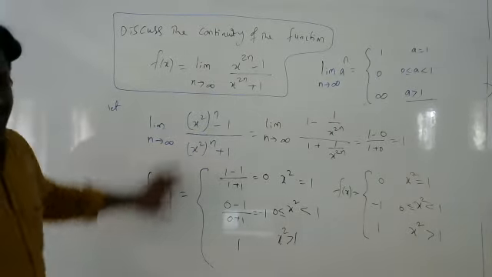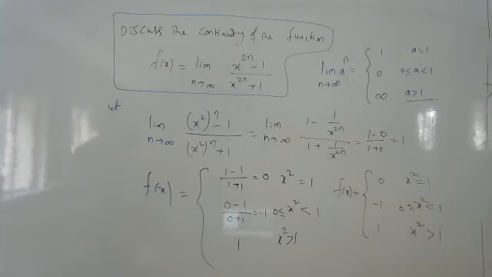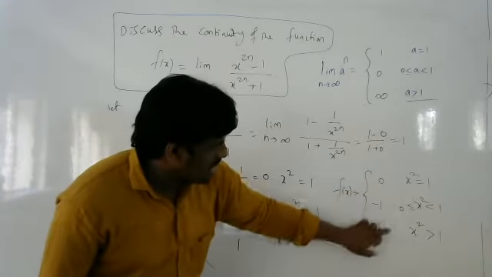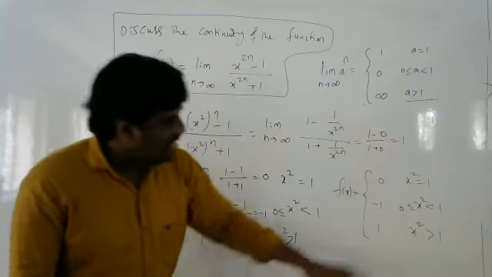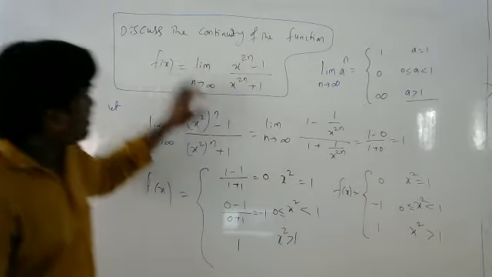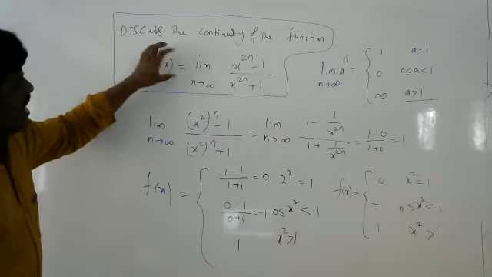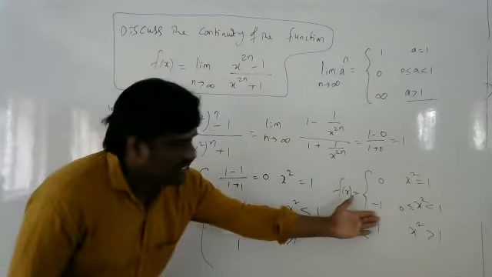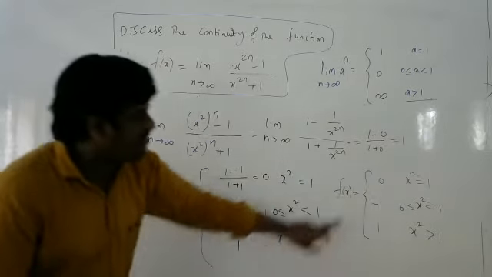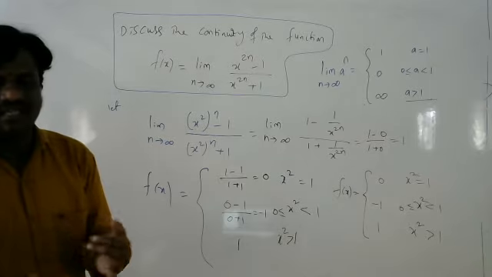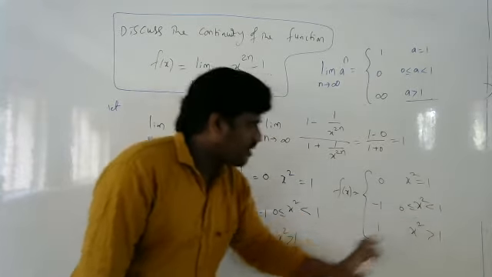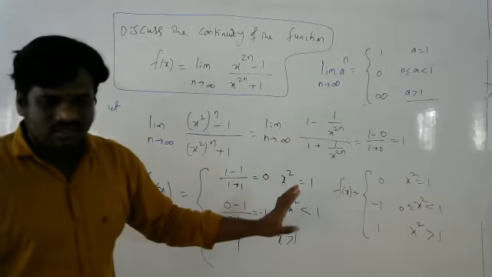Yeah. So write down these steps. I will explain next what to write. Now the function is defined, and we have to check the continuity. What points do you have to see here? This original function is converted into this simple function. Now you have to check the continuity of this function: where it is continuous and where it is discontinuous. You have to check the places 1, 0, 1.